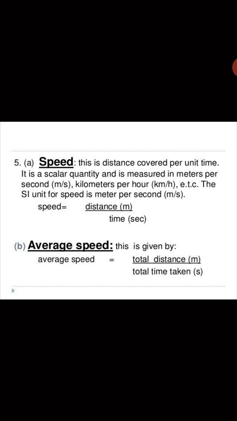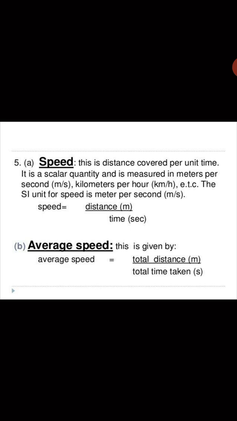Let us then again see what are the units of speed and also the concept of average speed. As we saw, speed is the distance covered per unit time. It's a scalar quantity, which means it doesn't require any direction, and is measured in meters per second or kilometers per hour. It can also be measured in miles per hour. But for your level, you have to remember that the units of speed are meter per second or kilometer per hour. And the formula, we already saw, is speed equals distance divided by time,